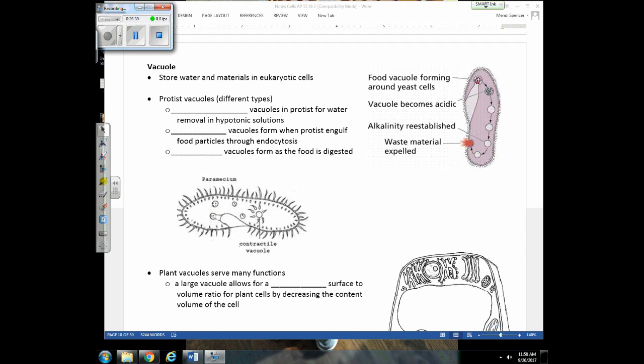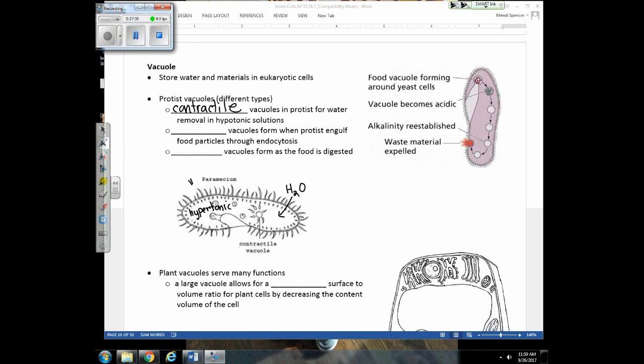Now you learned in your previous classes that cells contain vacuoles and they can store materials like water, but there's also some other vacuoles you need to be familiar with. Some single-cell organisms like paramecium are protists, and they swim around in watery environments, and many times, compared to the environment, the cell itself is hypertonic. And if you remember, water moves from a hypotonic solution into a hypertonic solution. So what is constantly happening to these cells is that water is moving into their cytoplasm. Well, if too much water would move in, then that would cause the cell membrane to rupture as the cell fills up with water. So these cells have contractile vacuoles,